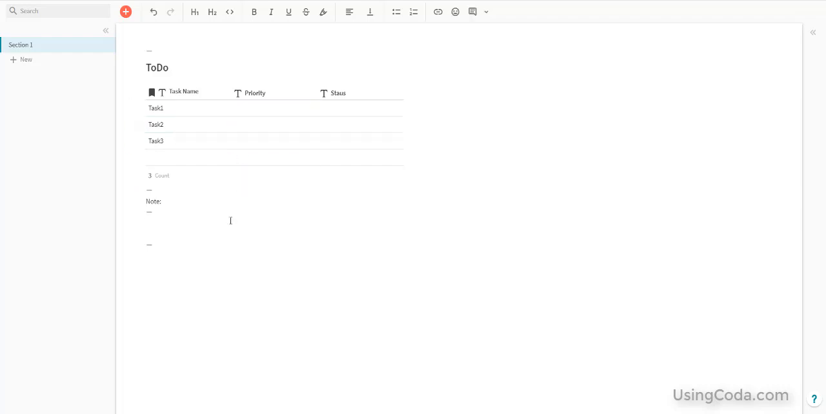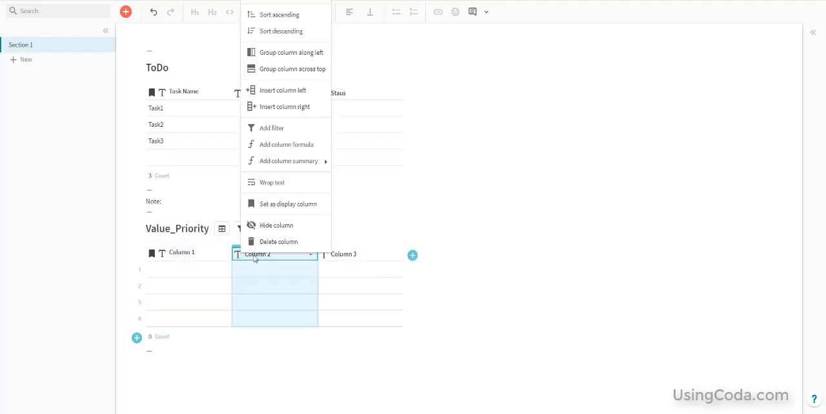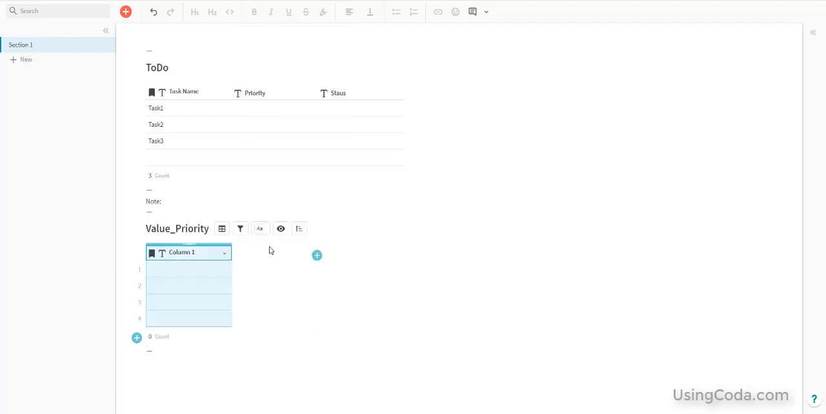We're going to go down into one of these blank spaces we've defined, and we're going to insert another table, and I'm going to give it a prefix value, and then priority, and I'm going to clear out by deleting these extra columns. I'm going to call this values, and I'm going to say high, medium, low, and clear out this bottom row,